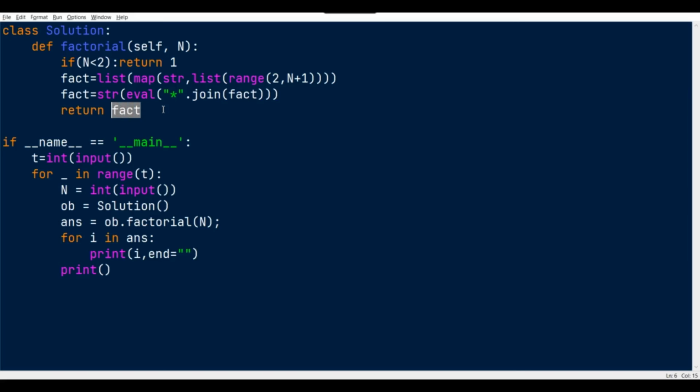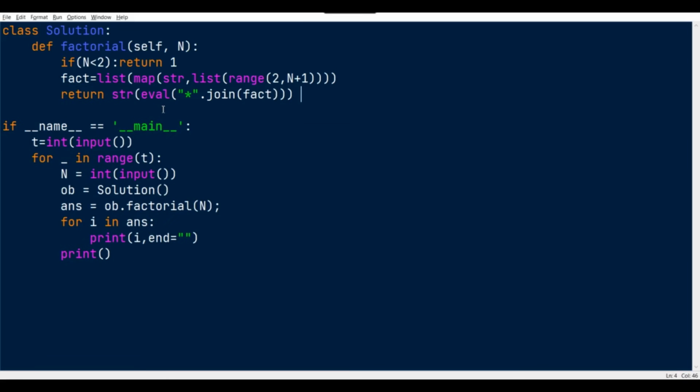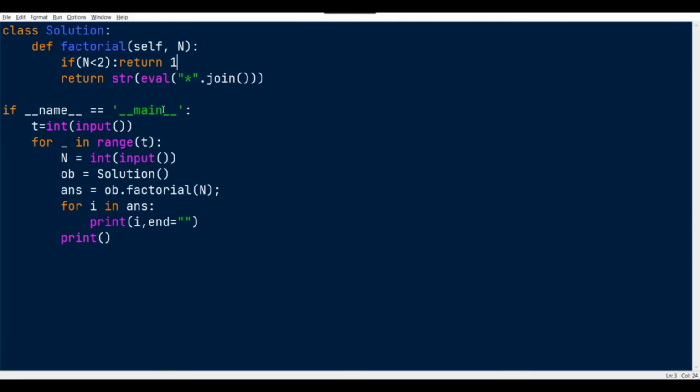So instead of fact, I'm just going to return this, and we don't need this fact anymore, right? In the place of fact, I'm just going to put the values which were assigned to fact. So we simply made a one-liner, right?